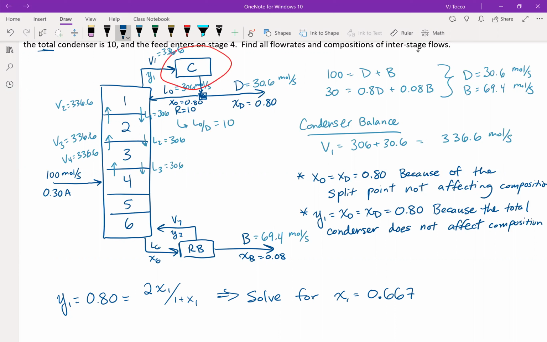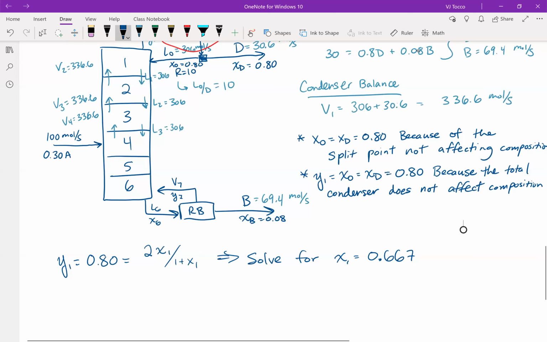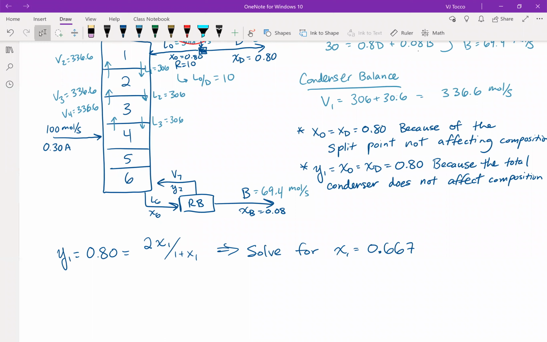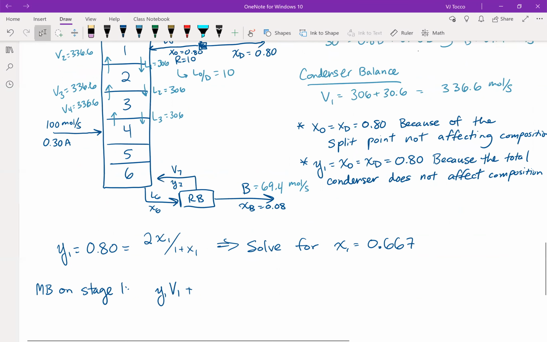And now because I know the flow rates of everything coming into stage 1 and everything leaving stage 1, and I also know the compositions of the liquid coming into stage 1 and both streams coming off of stage 1, I can write the following material balance for Y2 coming into X2. So by material balance on stage 1, I can write the following. Y1 V1 plus